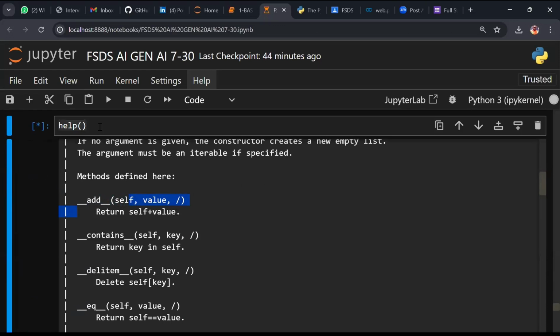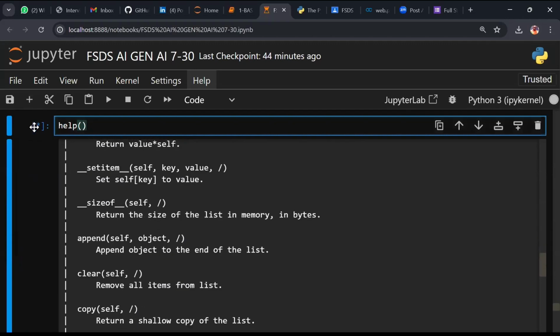Interview questions. How do I get this? How do I close? Do you see the star mark, everyone? Star mark means, do you see this sign? Please understand a few things. So this star mark means the code is executing in the backend. The code is running in the backend. You cannot go to the next code.